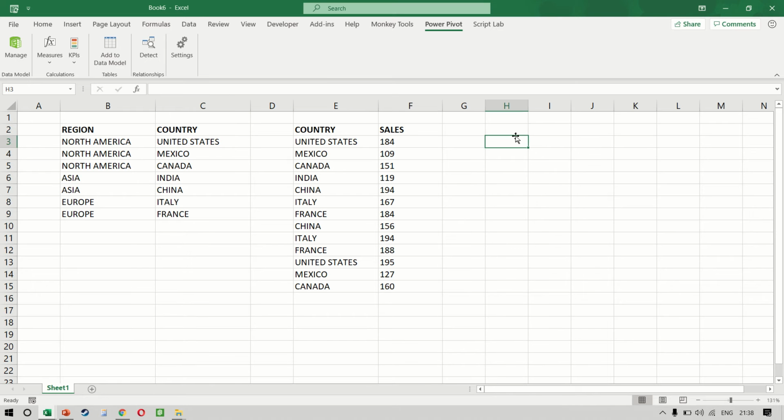So Power Pivot is something which a lot of people consider to be an add-on to pivot tables. They feel that it makes pivot tables more powerful, which is true, but also remember that Power Pivot is much more than simply a more advanced pivot table. Power Pivot uses a language called DAX, which stands for Data Analysis Expressions.